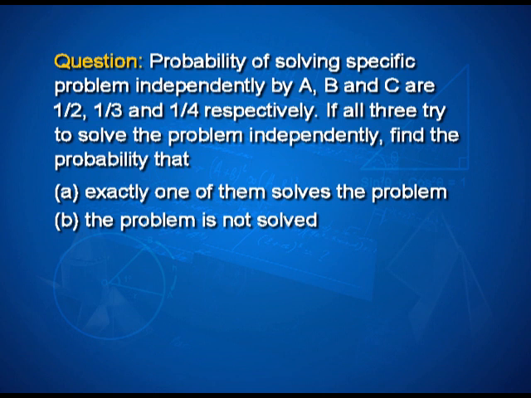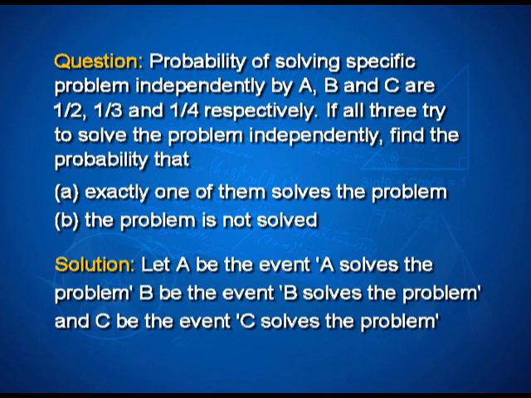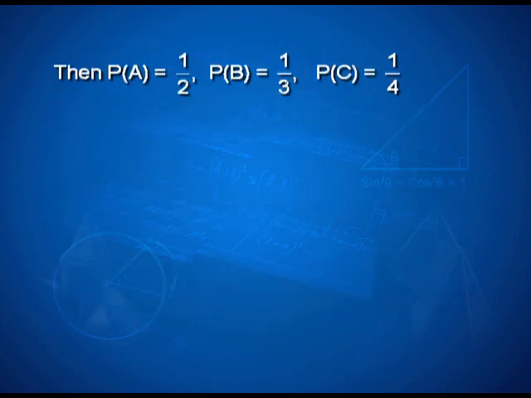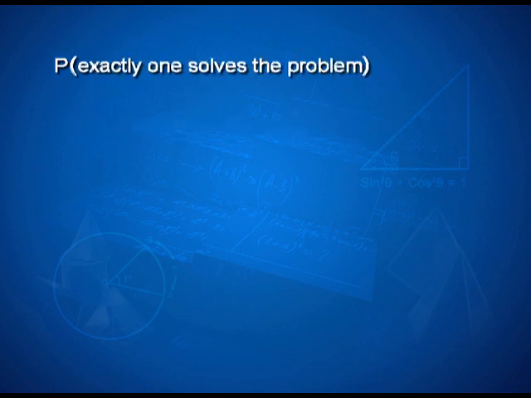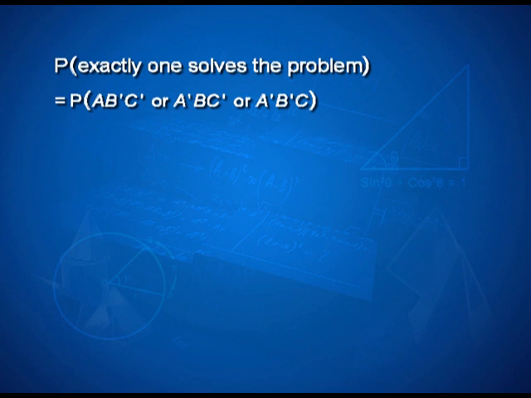So, again if you define A, B and C to be A solves, B solves the problem and C solves the problem, then we know what P of A, P of B and P of C is. Correspondingly, you can find the probability of A not solving the problem, 1 minus probability of A. Similarly, for probability of not B and probability of not C. Now, we want to find the probability that exactly one of them solves the problem. When you say one of them solves the problem, it means that if A does, then B and C do not solve the problem,